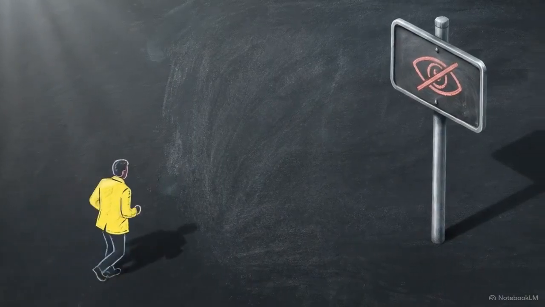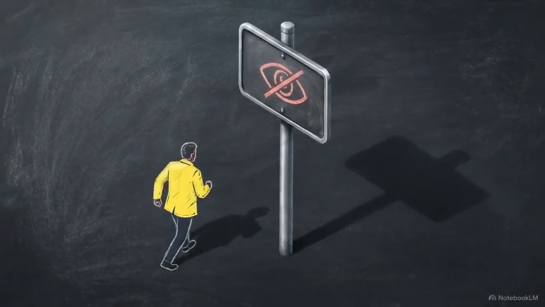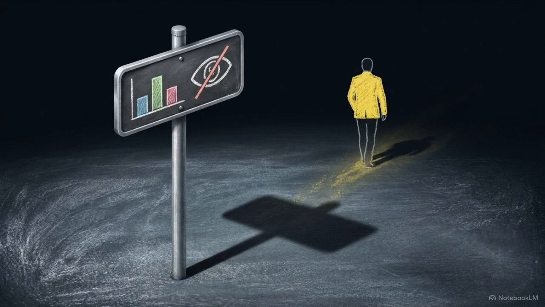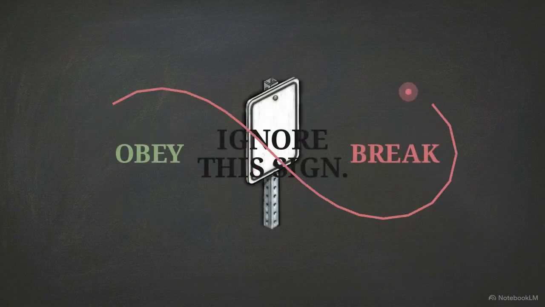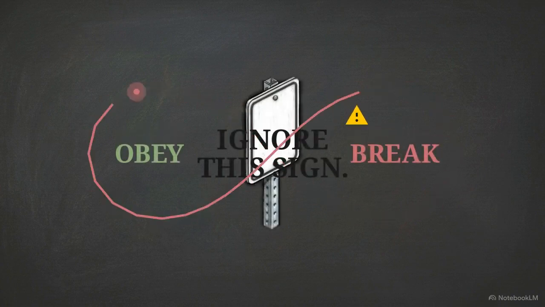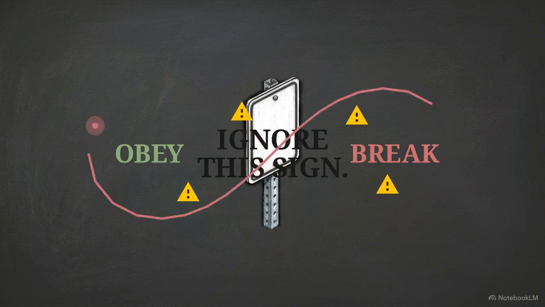Now try to do the opposite. You walk right past it, keeping your eyes forward, completely ignoring it. By doing exactly what the text commands, you are successfully obeying the sign. 4 simple words arranged in a specific order create an instruction that cannot be followed. If you obey it, you break it. If you break it, you obey it.